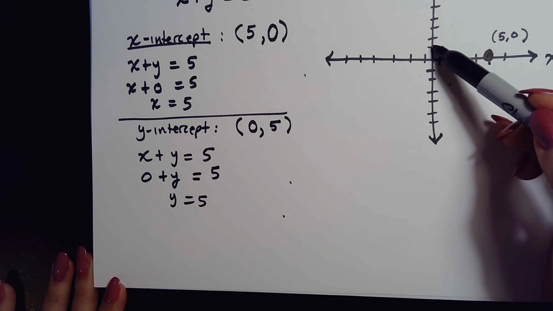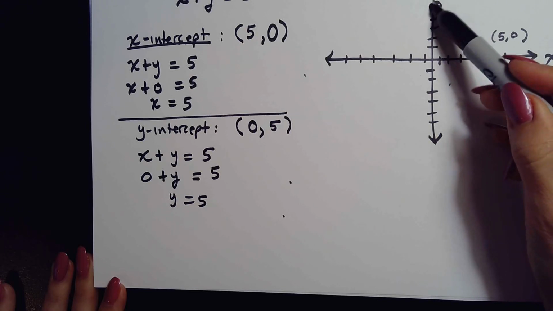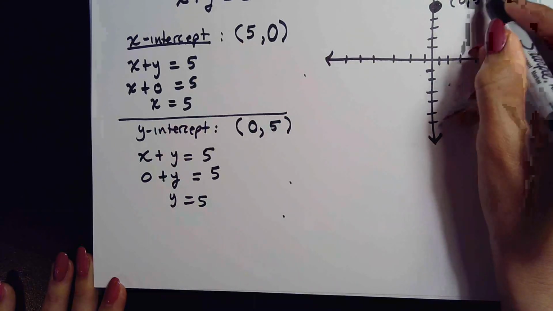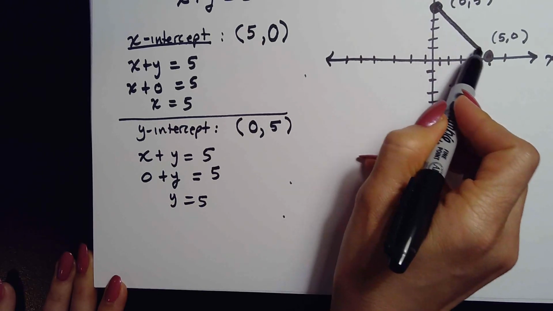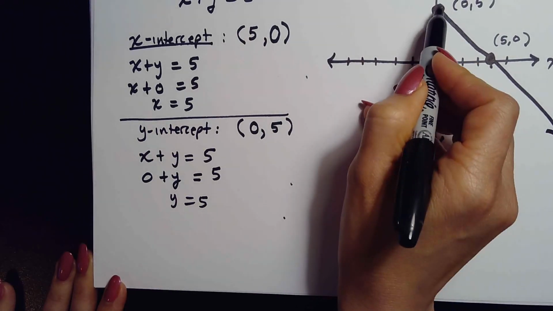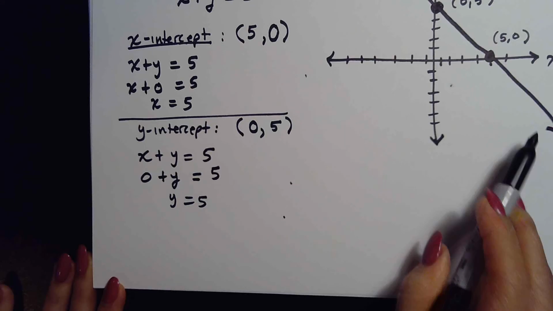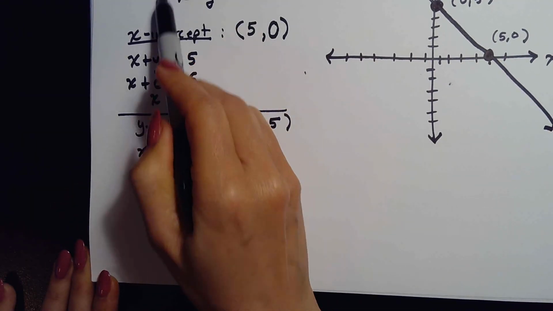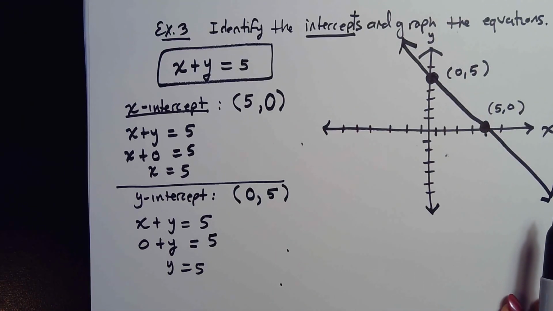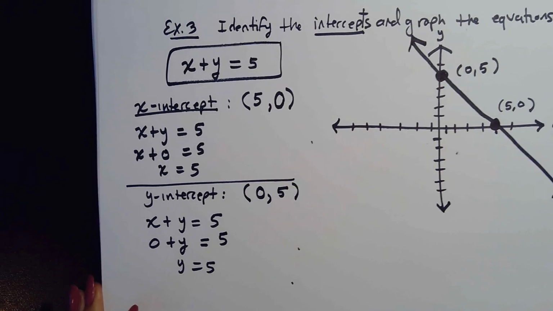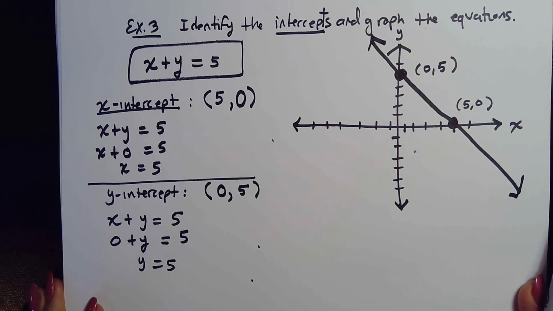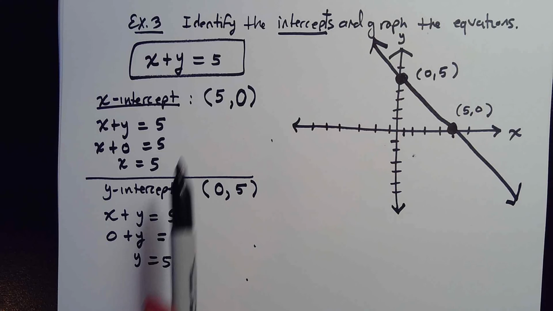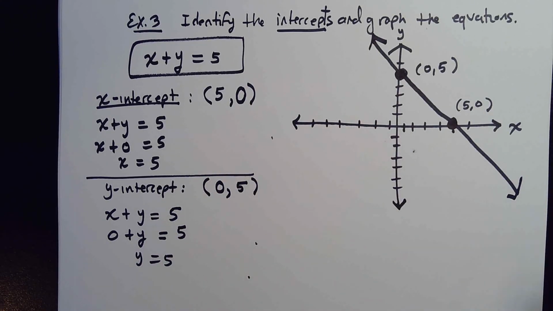So then 0 comma 5, that means that x is 0, right? And then up 5, 1, 2, 3, 4, 5. Here's 0 comma 5. You connect the 2 points, and you see you can then graph this line. There's the graph of it. This is the graph of this equation here. So you get the graph of the equation. I'm lowering the paper because I know that sometimes, there it is. So this is the graph that we get